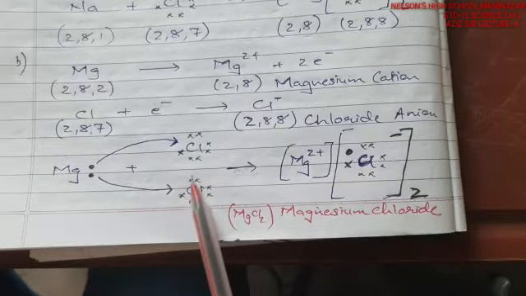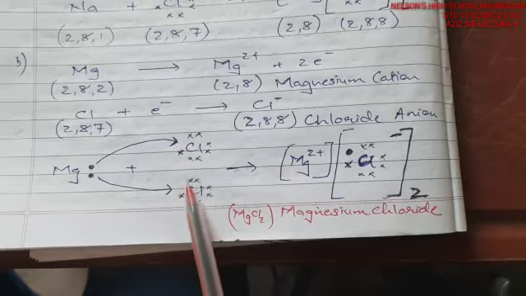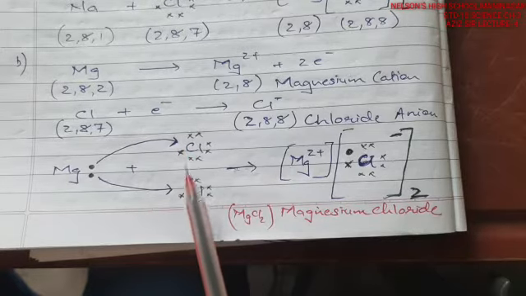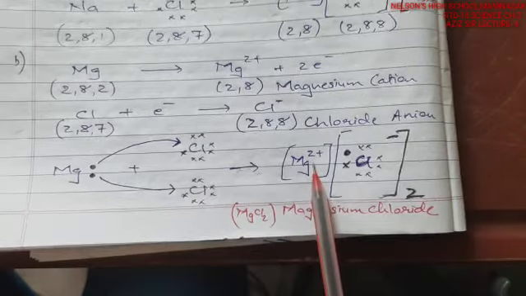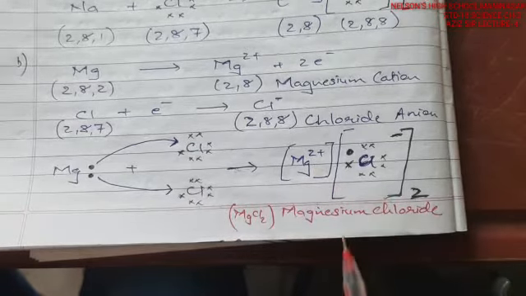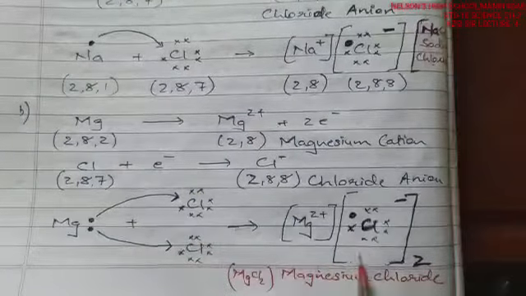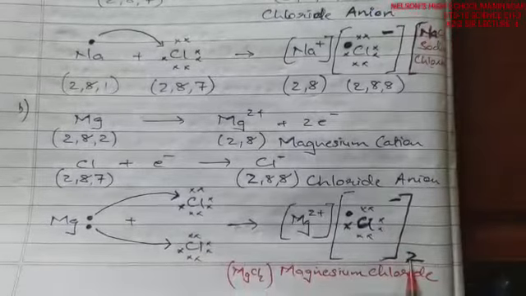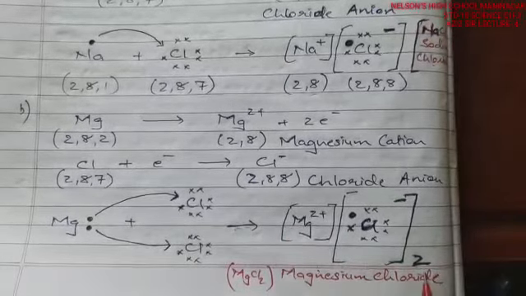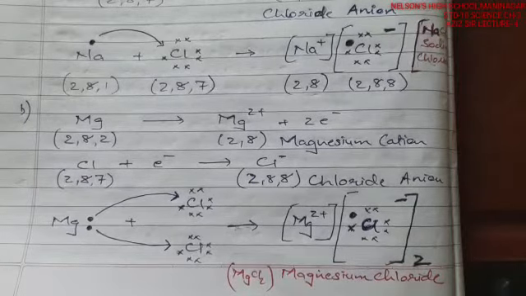Each chlorine, that is 2 chlorines, because chlorine is capable of taking only 1 electron here. So the 2 chlorines come in contact, take 2 electrons, 1 each, and magnesium turns to Mg 2 plus and the chlorine turns to Cl minus. So you are able to see that the chlorine is turning to Cl minus by taking 1 electron, and there are 2 of them taking. So the magnesium chloride, MgCl2 compound, is formed.